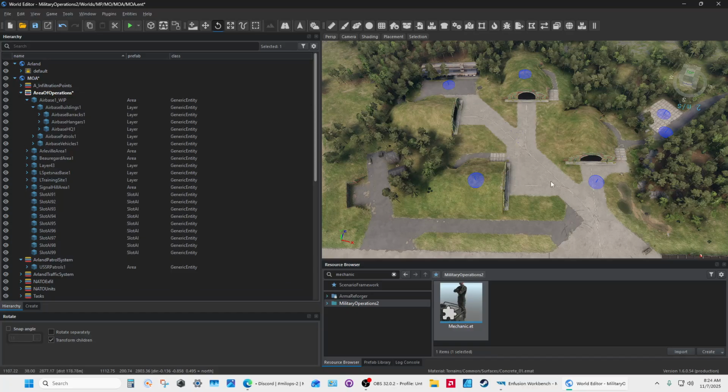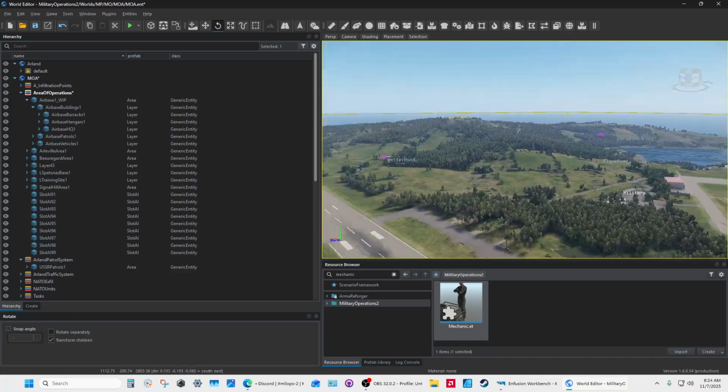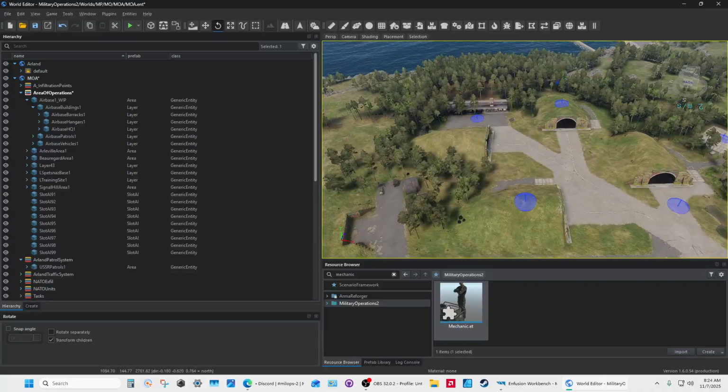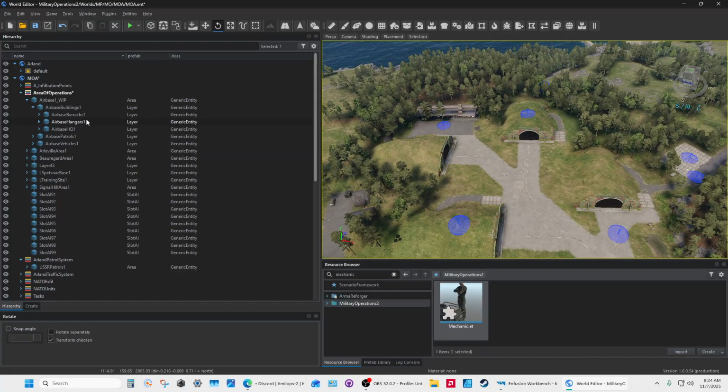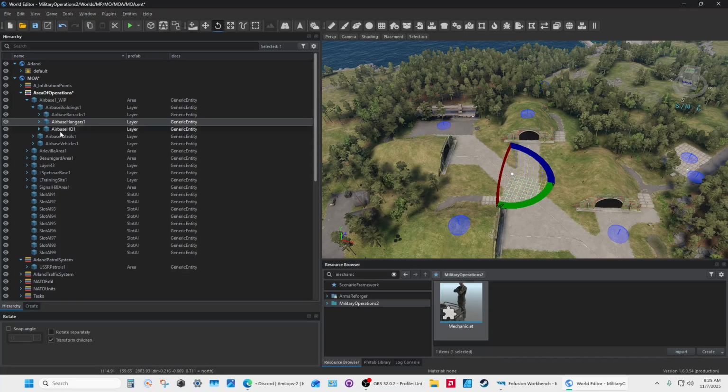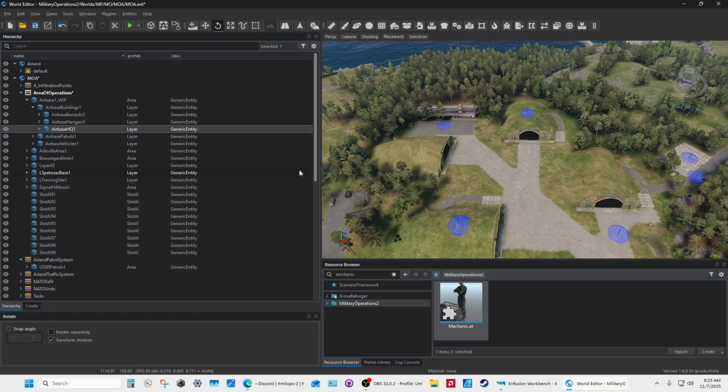Now, what we've got here is a hangar area over by the airbase. We're on Arland, over by the airbase, and we have a set of hangars. This is how I break down the hierarchy. I have an area called airbase, which covers the entire airbase, and then another layer called airbase buildings, and then I have barracks, and then hangars, plural. And then I have the HQ, which is over here. So in the hangars,